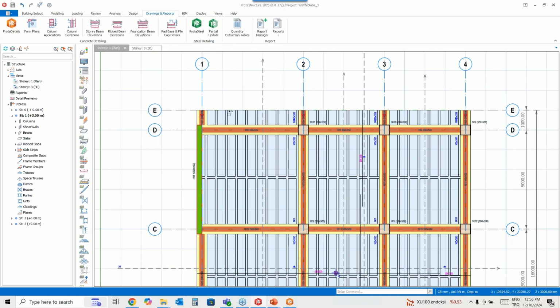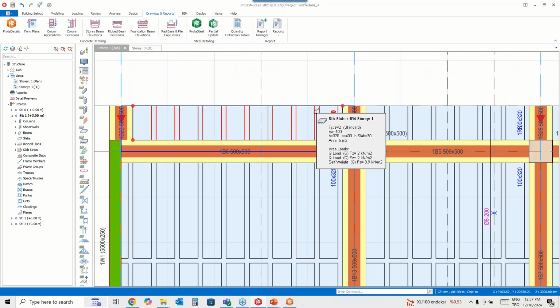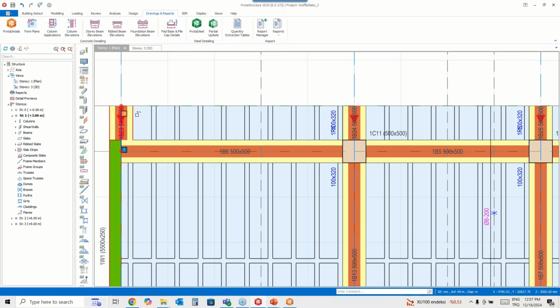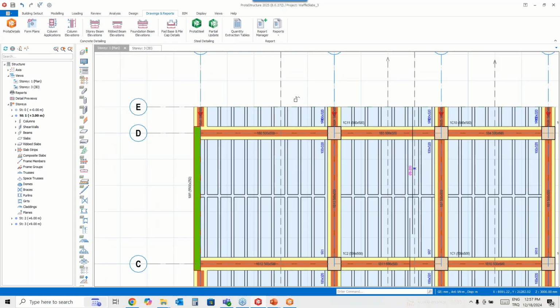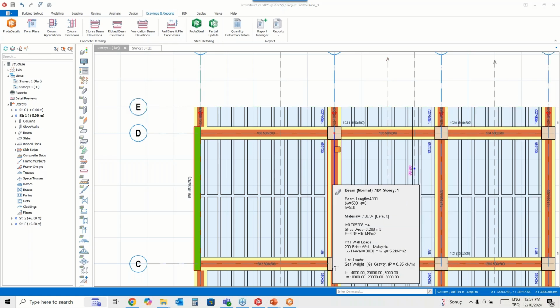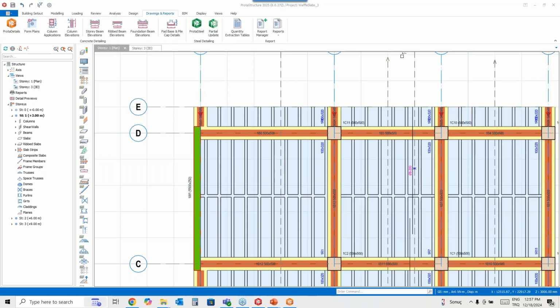In some cases, they add a small beam on this cantilever edge because they don't want to see these rib thicknesses. It's up to the designer. In this case, I haven't added one, but we could. So both modeling methods are correct.